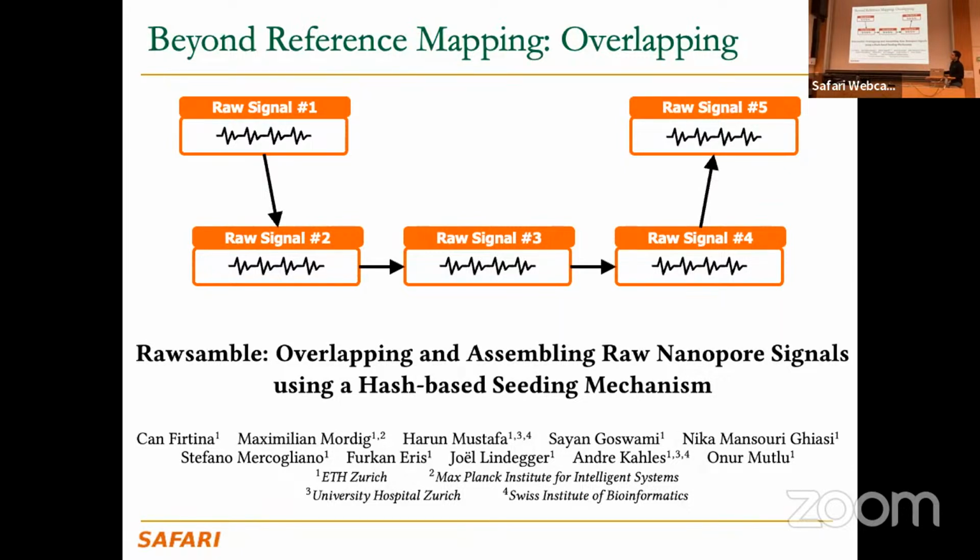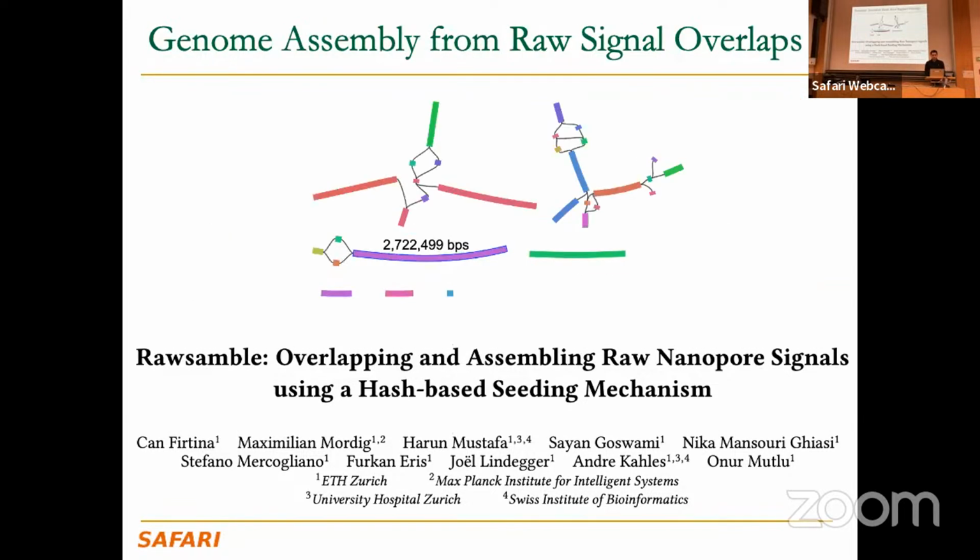And the usual approach to do it is to find the overlaps between reads. And we essentially transfer this idea to raw signal space, and we find the overlaps between electrical signals so that we can construct genomes directly from electrical signals without base calling. And we show that we can actually construct a single piece of fragment that is half the genome length of E. coli. So here, to illustrate this in a more numeric way, the half the length is around